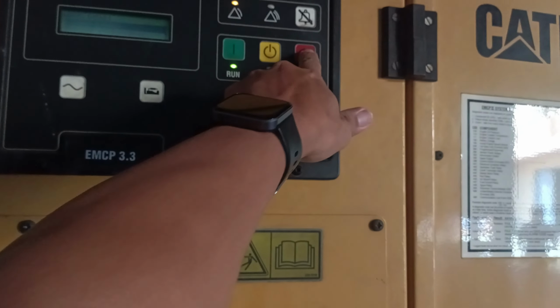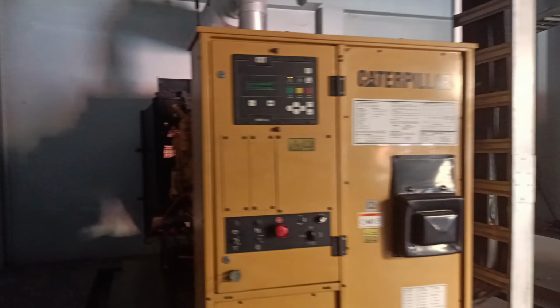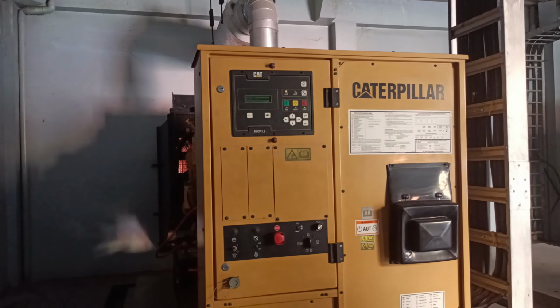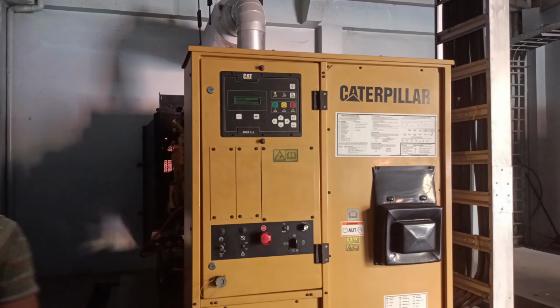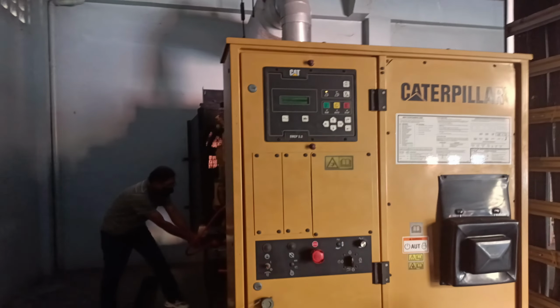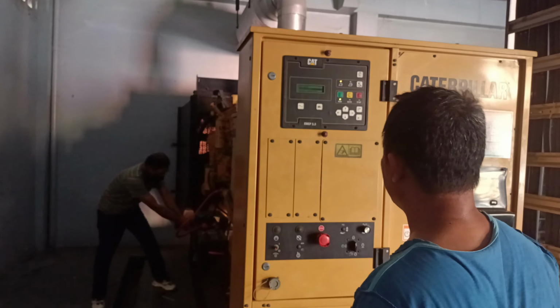Since the fully charged batteries are installed, the generator still failing to start suggests a possible issue with the battery terminals. Given their damaged condition, we decided to retighten the connections to ensure proper contact and electrical flow. This could be the key factor preventing startup, as a weak or inconsistent terminal connection may be limiting power delivery